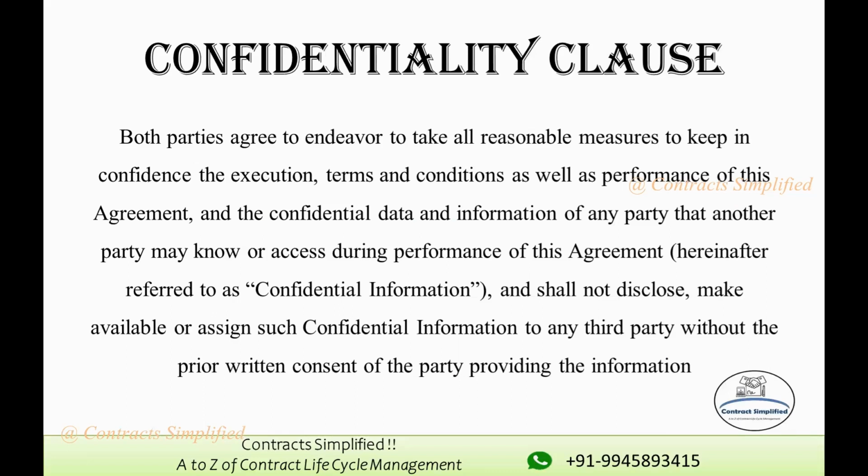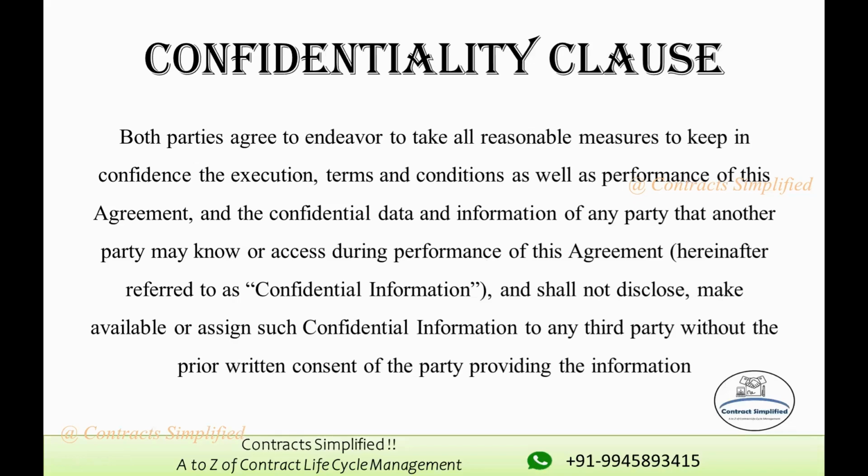Now here this clause has definition of the confidential information and it is specifying how they can use the confidential information, and the last part speaks about how they can share it with some other party by obtaining written consent